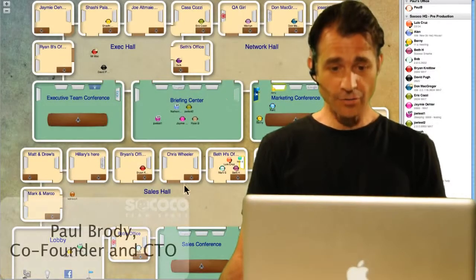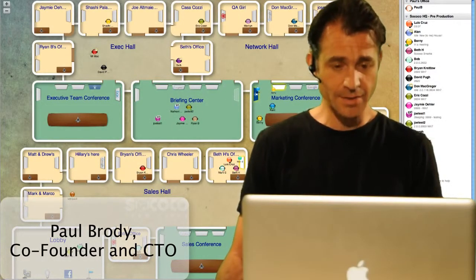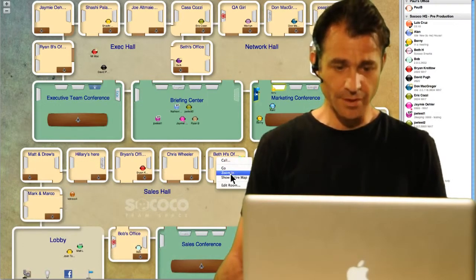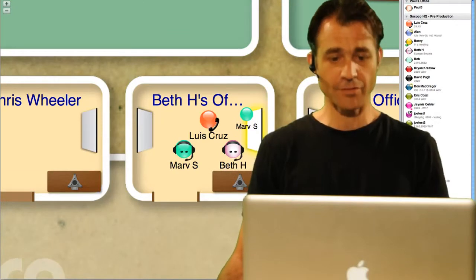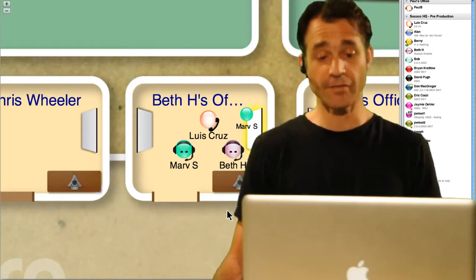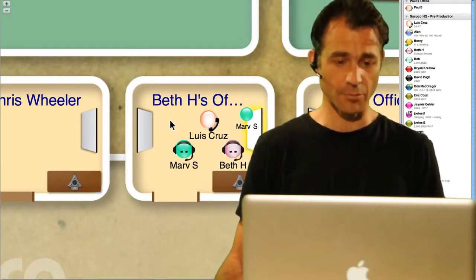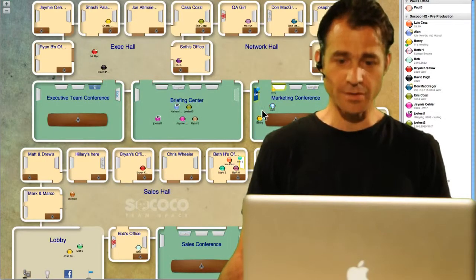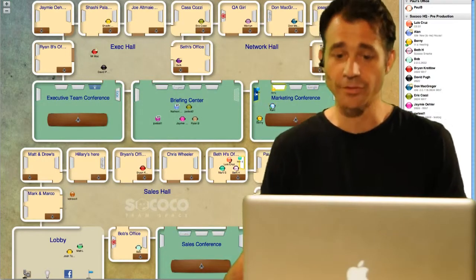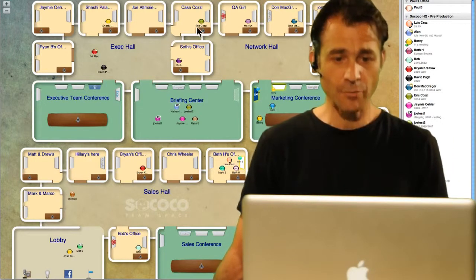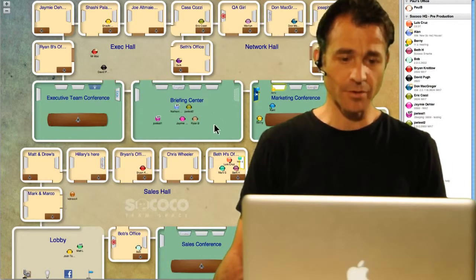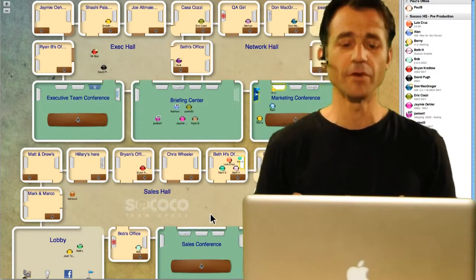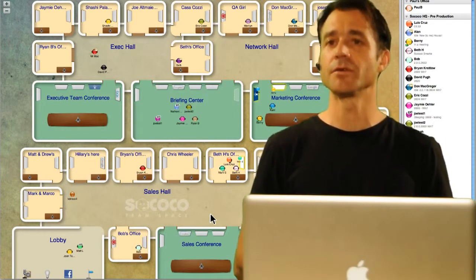For example, if I look around my team space right now, I see all the activity going on in my space. In Beth's office here next to mine, I see a live conversation going on between Beth, Marv, and someone they've actually called in from a telephone line. If I zoom back out and show the entire map, I see a smaller meeting going on in the marketing conference room between Kent and Bernie, a few people idle throughout the space, and another larger meeting going on in the briefing center. All this social information makes me feel so much more connected to my distributed team.